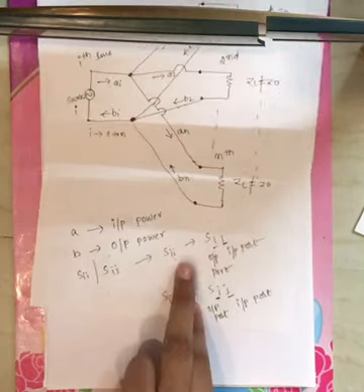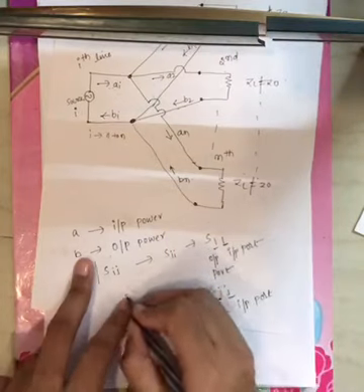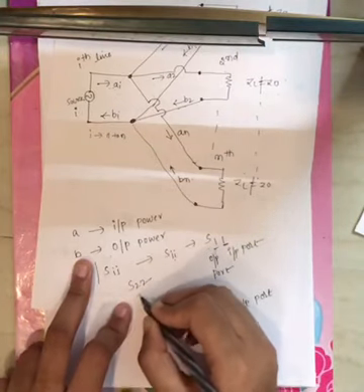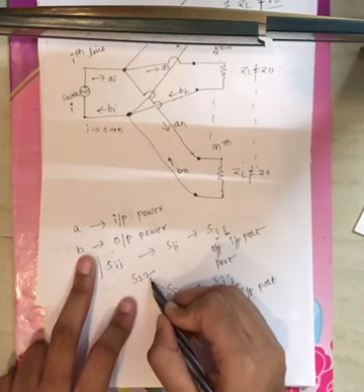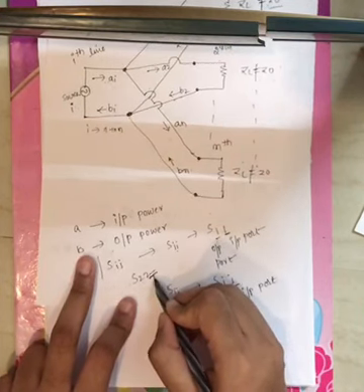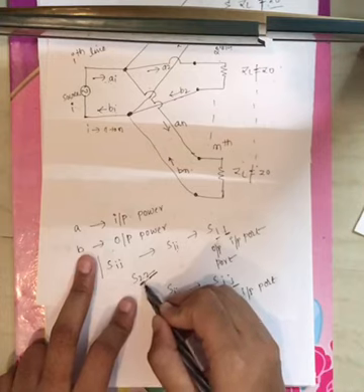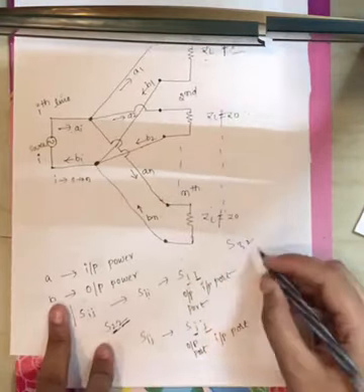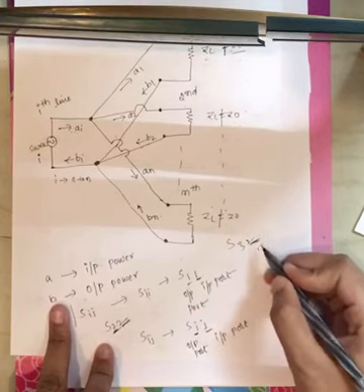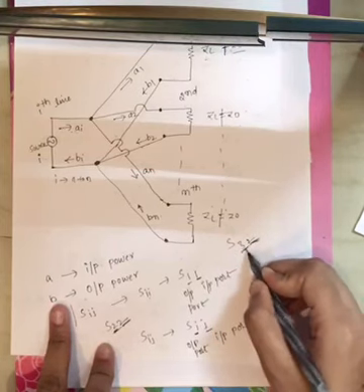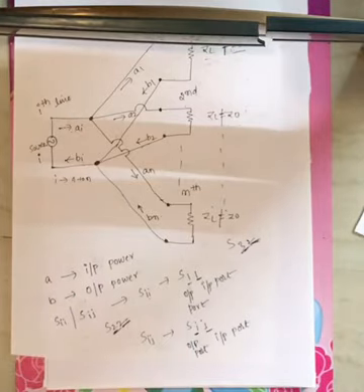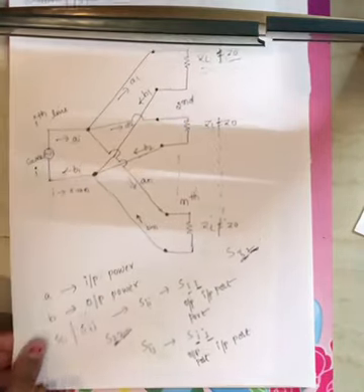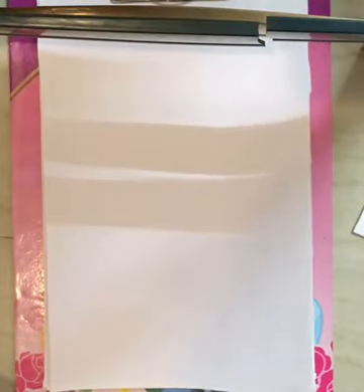Sii is nothing but, consider S22. Sii or S22, both are the same. Input you are giving to the second transmission line and output you are getting from the second transmission line. Now consider S32. Input you are giving to the second transmission line and output you are collecting from the third transmission line. I will explain this while explaining microwave devices. Now this is about scattering parameters. Thank you.